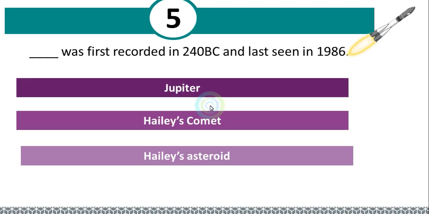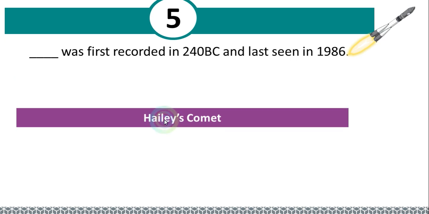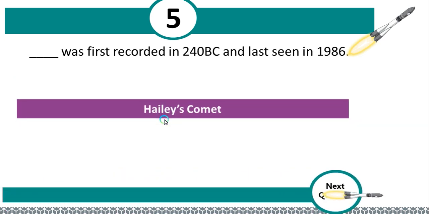Now let's go to the last question for today. That was first recorded in 240 BC and last seen in 1986. What was that? Is it Jupiter, Halley's Comet, or Halley's Asteroid? What was last seen? It is Halley's Comet. Very good. Yes, it's Halley's Comet. So don't forget to ask any questions, any doubts that you don't